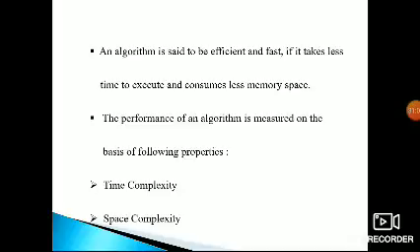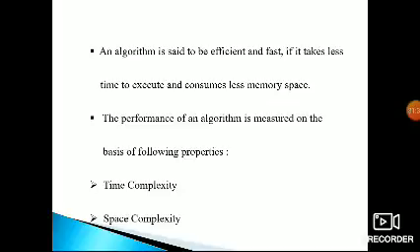An algorithm is said to be efficient and fast if it takes less time to execute and consumes less memory space. It takes less memory to execute and consumes less memory space when we use the algorithm. Because if you think about what the problem is and what the solution is, and then write it, it is easy.